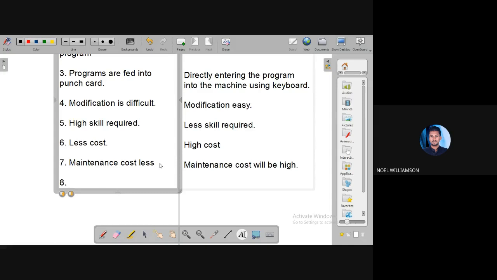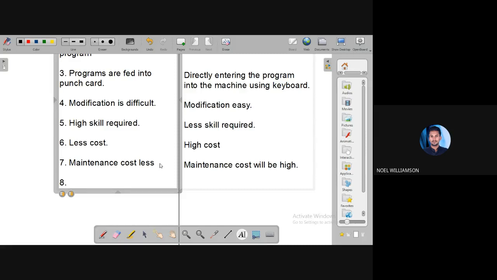But coming to the CNC machine, once we type the program using the keyboard, you have the provision to save it in some folder or database of the CNC machine. So you have the provision to store the program, and you can call it again and again, and modify it. Once you create a program in a CNC machine, you can easily store it, so you can use it at any point of time.